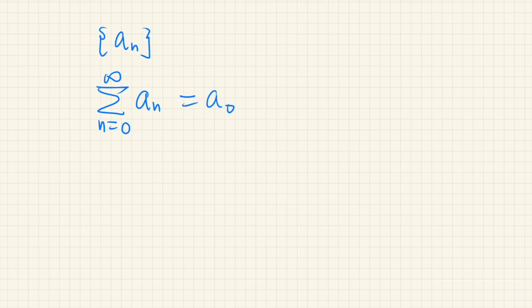Alright, in this video we study series. So first consider a sequence of real numbers. A series is formally defined as this. It's a sum, n equal to 0 to infinity, of a_n. That means we have a_0 plus a_1 plus a_2 plus and so on, and this addition continues